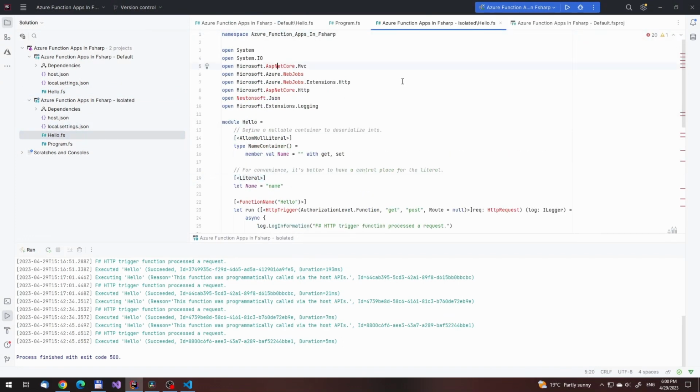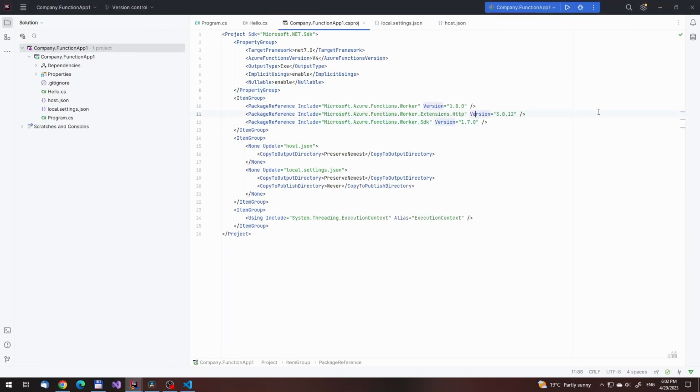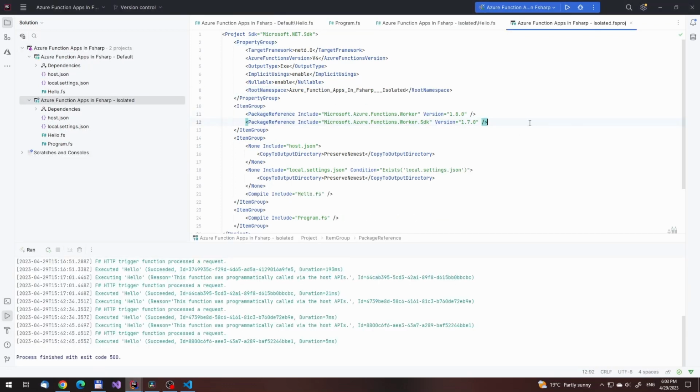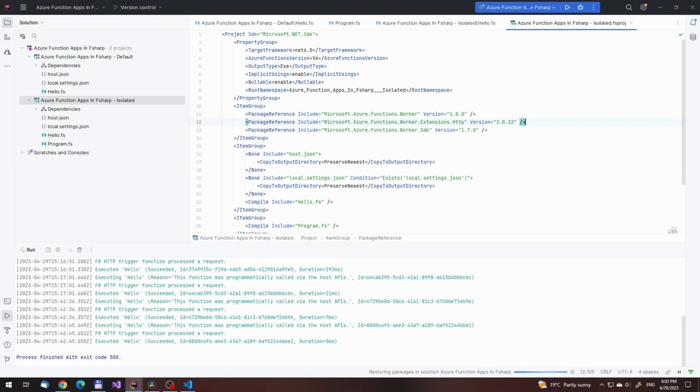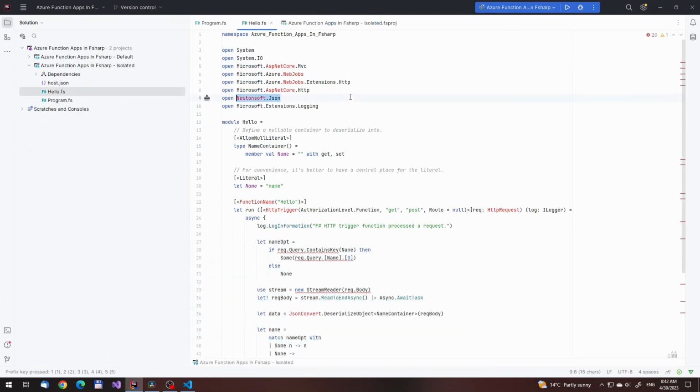In the background, what we've done is create a C# project, and in it, we can see what we are missing. We'll take it, copy it into our F# project file, and reload it. If we do that and wait a bit, what is going to happen is that none of the errors will go away at all. Instead of being weird about it, let's just do the simplest thing possible and add the